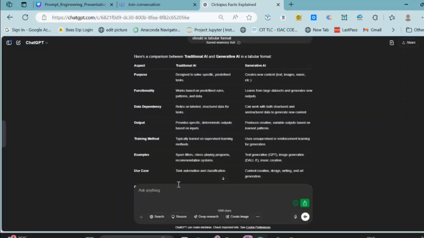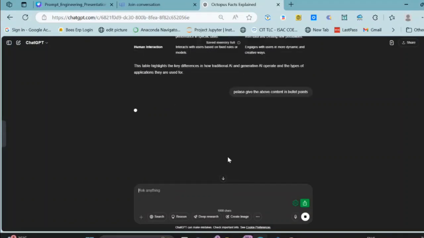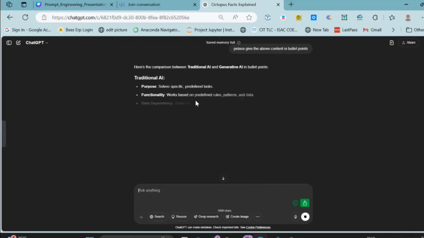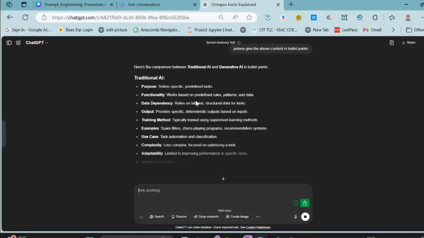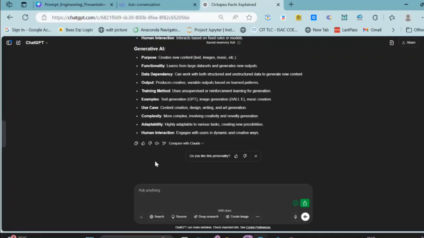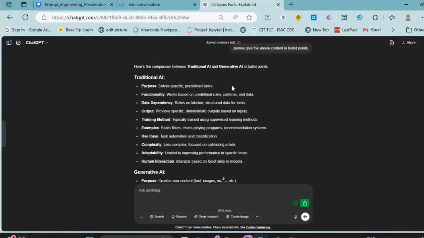And one more example: please give the above content in bullet points. Okay, in bullet points. While we are instructing the AI, I need the output in bullet points, so it provided the output in bullet points. Or specifically, we can mention like this: